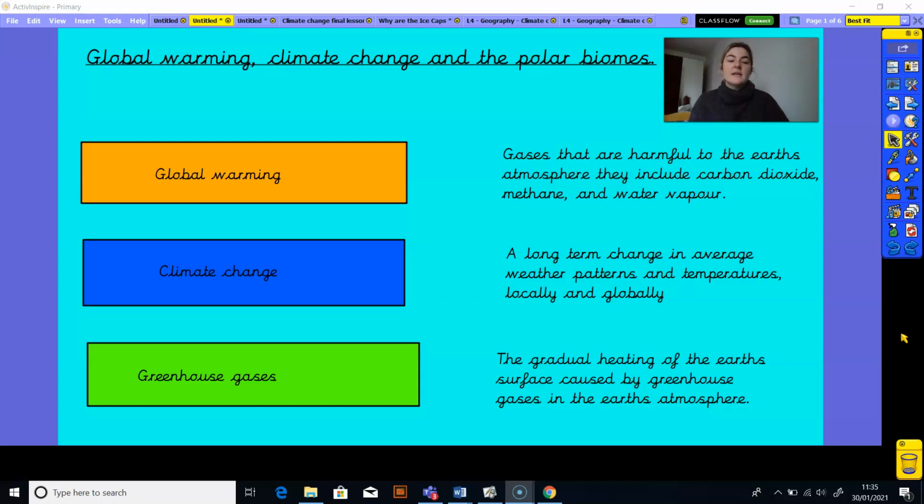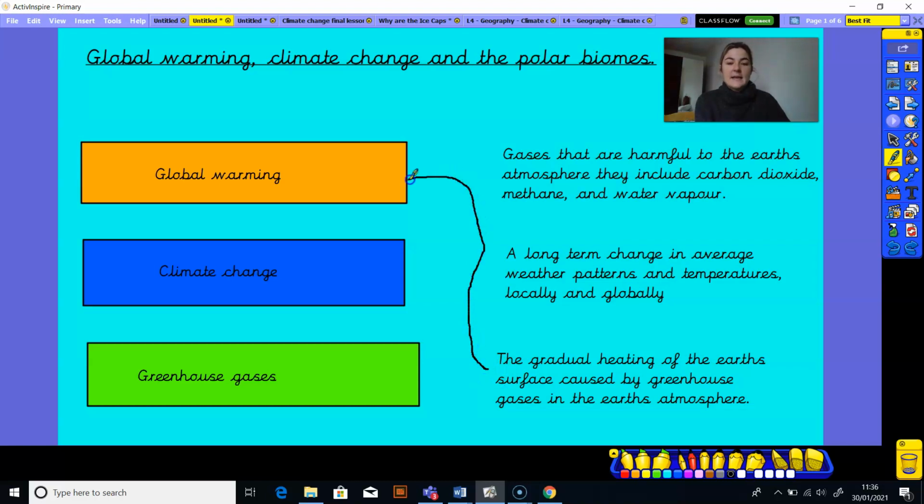Okay, so hopefully you got on okay with that. So let's have a read through first. So we've got global warming. Okay, now I've had a read through all of these and I think it's this bottom one here. So the gradual heating of the Earth's surface caused by greenhouse gases in the Earth's atmosphere. I'm going to get my pen and I'm going to draw a line. Now there was a bit of a clue because we had heating there, didn't we? And that kind of links to warming, so that was a little bit of a clue there. And global as well. We've got the Earth's atmosphere. Okay, so remember it's those harmful gases getting trapped into the Earth's atmosphere, which is causing the Earth to sort